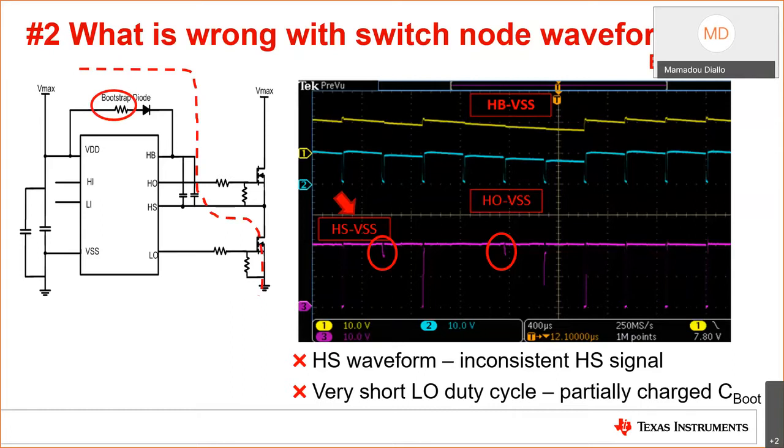One possible solution to this issue is to reduce the bootstrap resistor value in order to allow peak currents from the bias supply to quickly charge the HVHS capacitor. This time constant may be tuned to achieve the desired startup time. Another solution to this problem is also to ensure sufficient minimum on time for the low side switch, which will allow the HS to switch close to ground for the HVHS charging currents to have a path to ground.